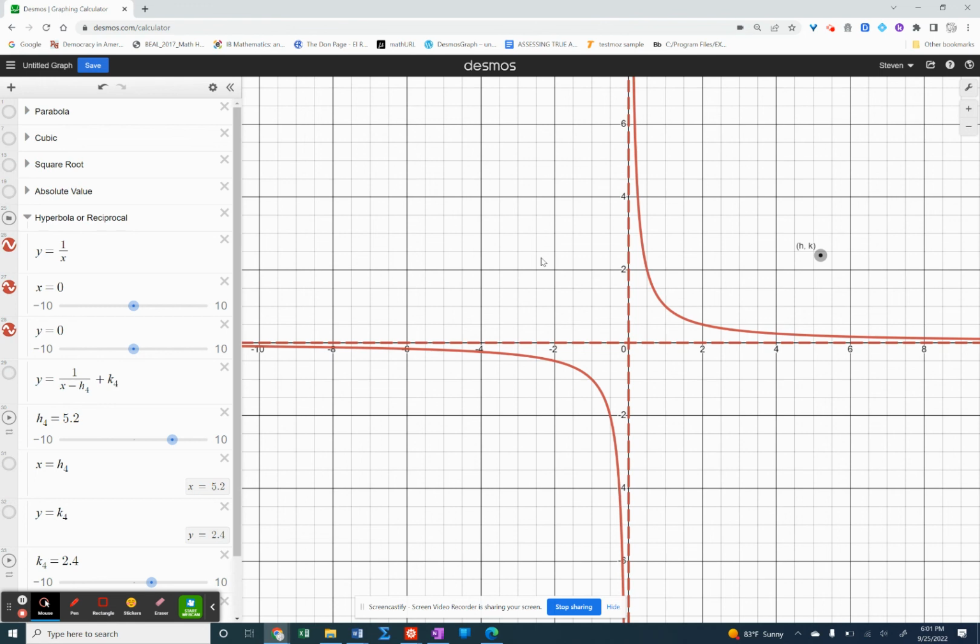The hyperbola or reciprocal graph has what we call two asymptotes. One is vertical and one is horizontal. So you see this vertical dashed line going up and down right on the y-axis here. That's at x equals 0. I know it's on the y-axis, but any vertical line has the equation x equals a number. And since all of the x coordinates on this vertical line are 0, this is x equals 0. And it's dashed because it's not really part of the picture, but it indicates what's happening to the graph as